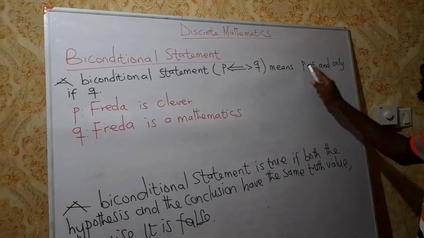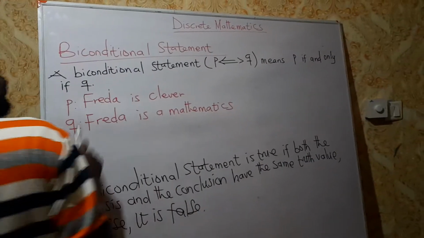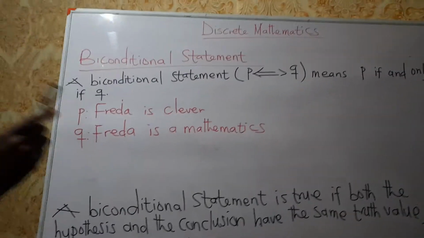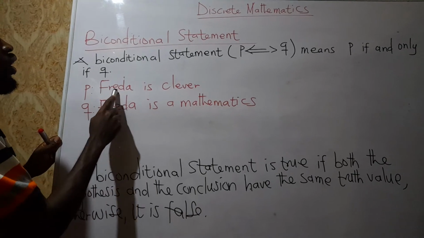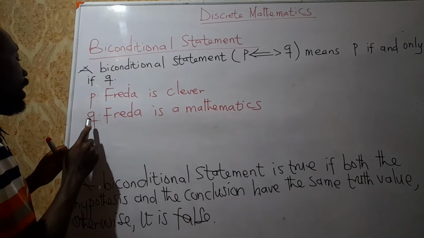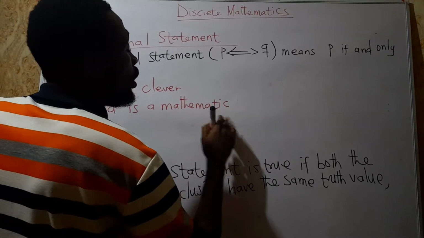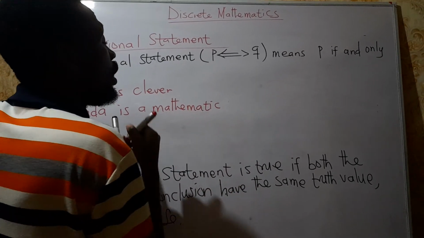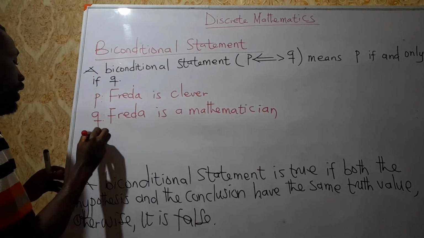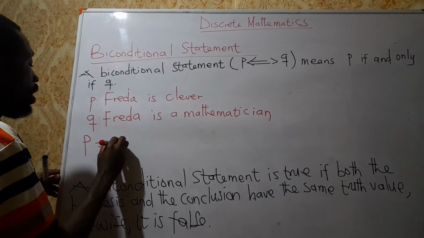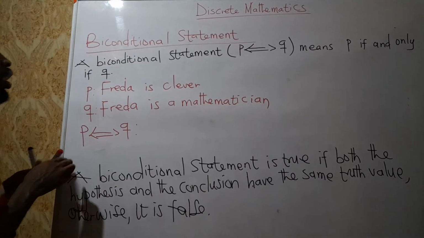This means P if and only if Q. For instance, P is Frida is clever, and Q is Frida is a mathematician. Then the biconditional statement, P implies Q and vice versa, will be